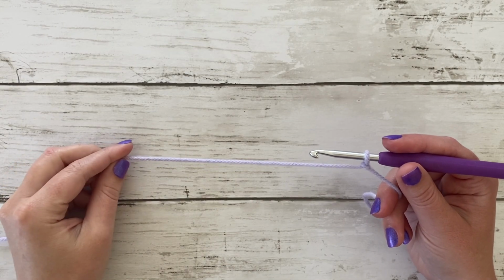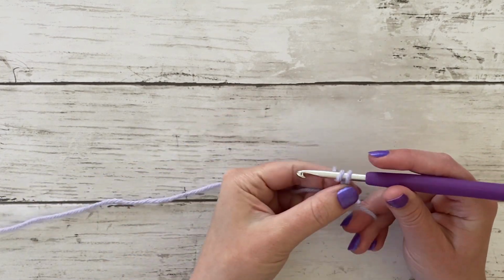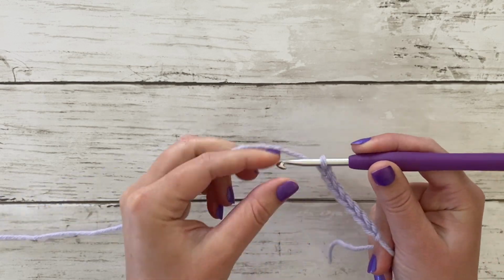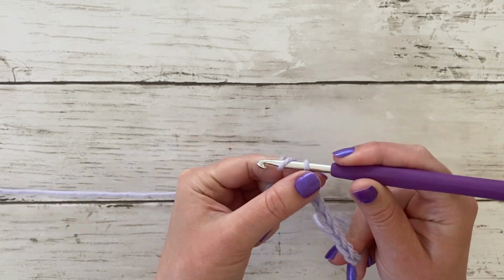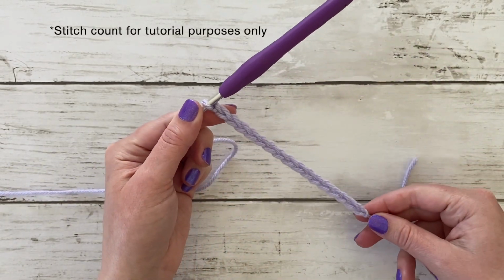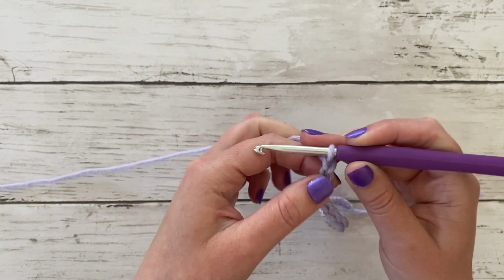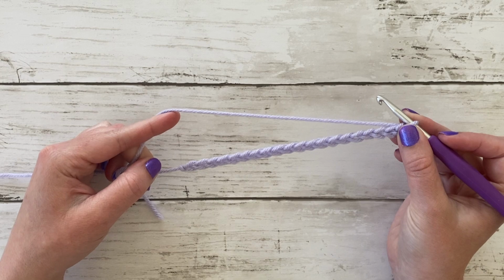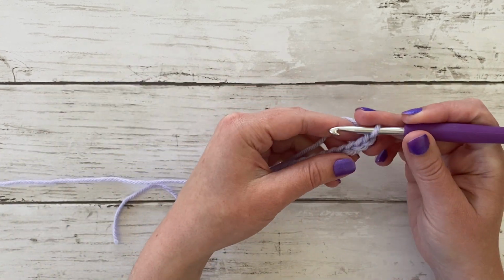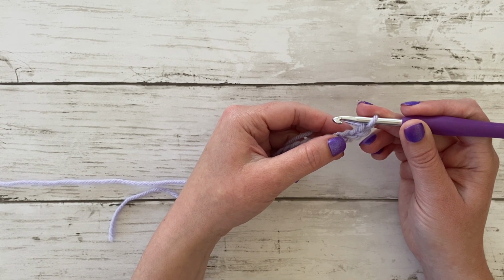Okay, so to begin, we're going to chain an odd number plus 3 additional chains. So I've done 17, and I'll do 3 additional chains. This will be the width of your panel. So you'll want to go into the 4th stitch with a double crochet,